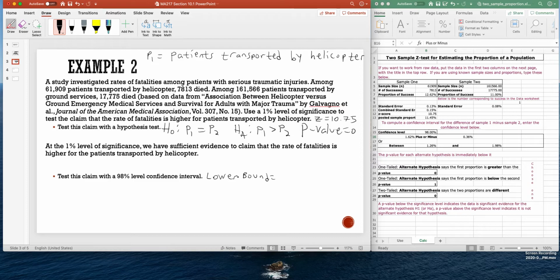We have a lower bound of 1.26%, so 0.0126, and then the upper bound is 1.98%, so